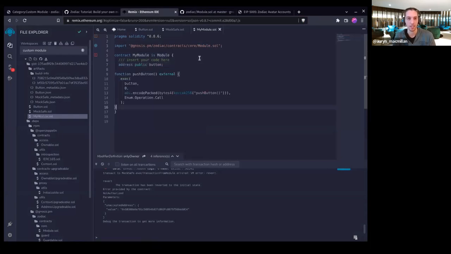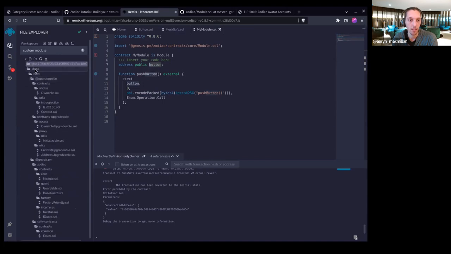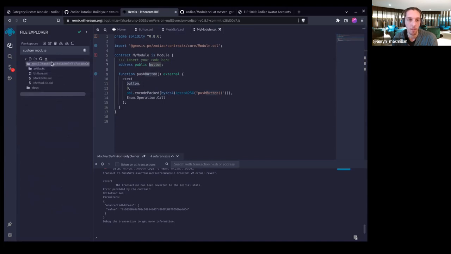I'll just copy and paste it so that I don't fumble around with it live on the call here, but we can walk through what this is. So we have one variable, button, which is the address of our button contract. We'll set that when we deploy our button contract. Let's close out some of these folders. There we go. And then we have this push button